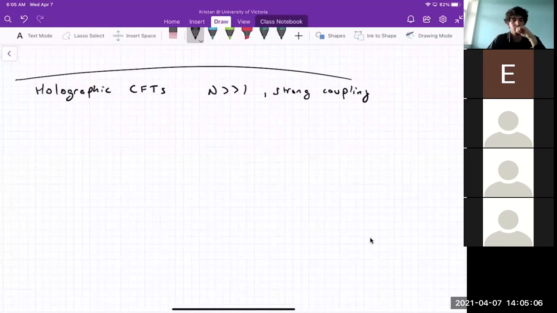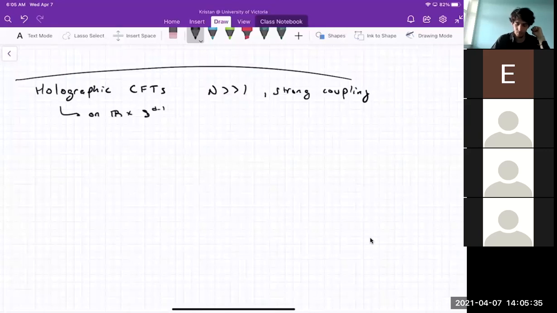And one very robust result that was realized immediately in the early days of the AdS CFT correspondence is that if we put such a holographic CFT on a spatial sphere, so on time cross a sphere,